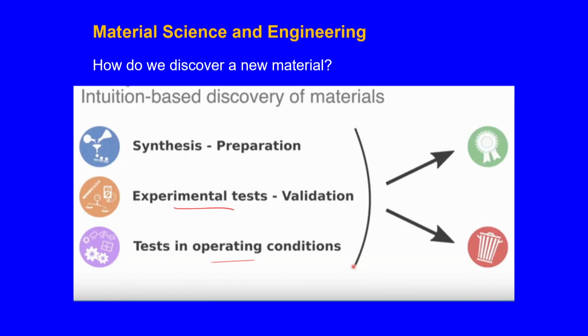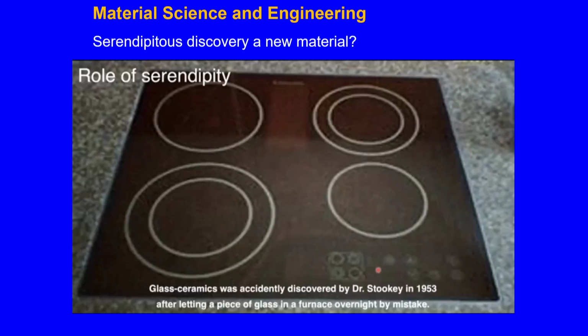Cement was discovered in this way only. Nobody thought of discovering cement and systematically did research to do that. Many materials were discovered this way. Steel was also discovered that way. When steel was discovered in those days, people did not know that it was steel or something else. But there is another way of discovering material, that is called serendipity. Serendipity means accidental discovery. It is called accidental discovery.